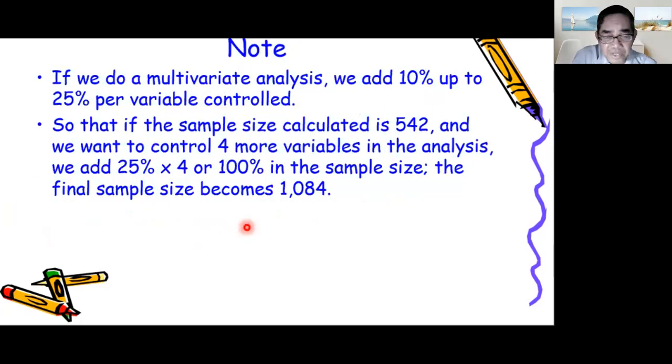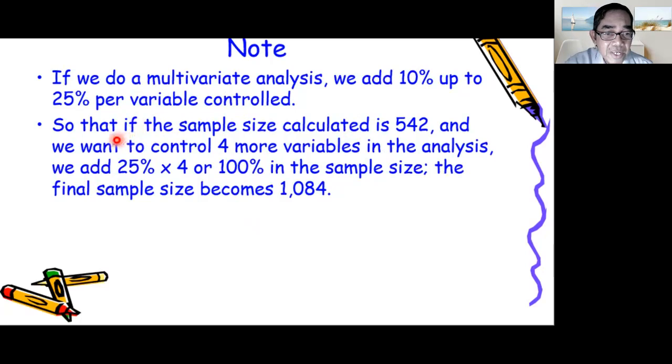Now, just a note prior to the continuation of the write-up, if we do multivariate analysis, we normally add 10% up to 25% per variable that you want to control. So with multivariate analysis, there are more variables that we need to control. So depending on the number of variables that we need to control, we add 10 up to 25% per variable